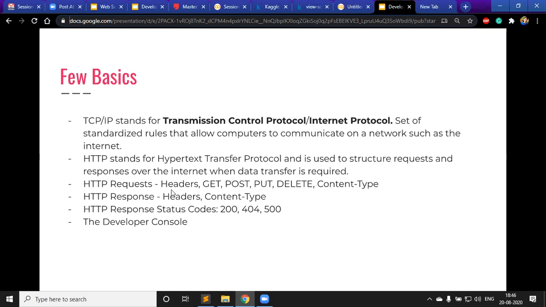Headers are one thing, and then there are some request types. When you're doing the request, you're sending some information, plus you're also sending some information about the type of thing you want to do. We might have heard that there are four kinds of things that we do in any kind of application. Either we are fetching data from it,